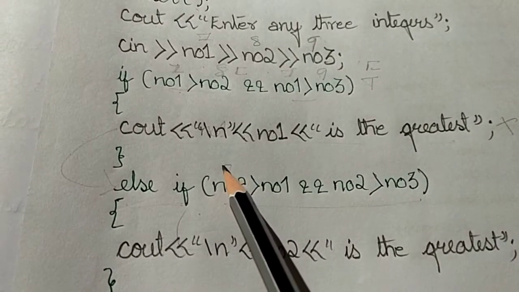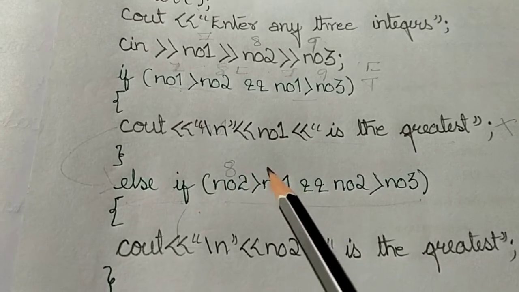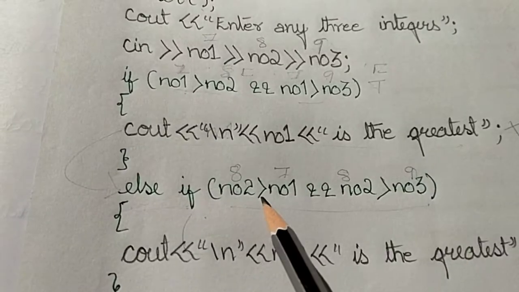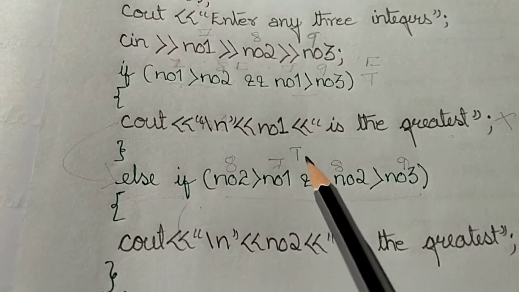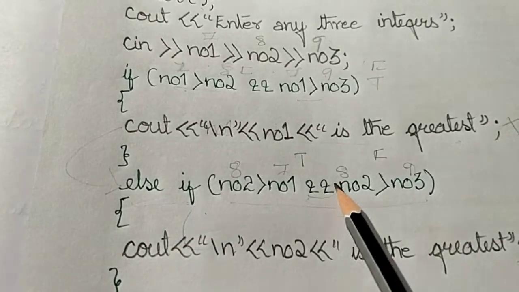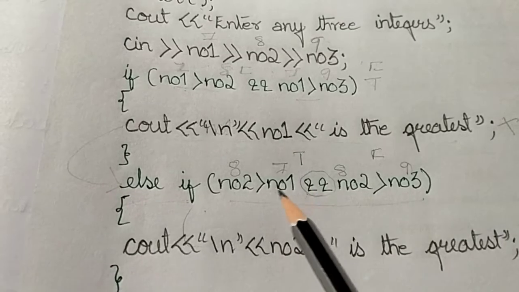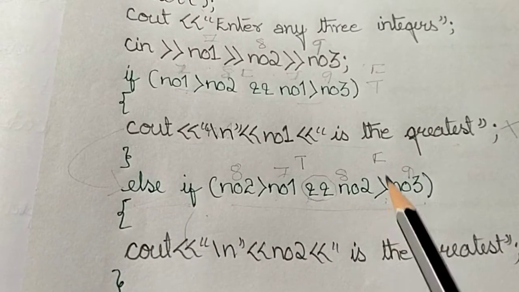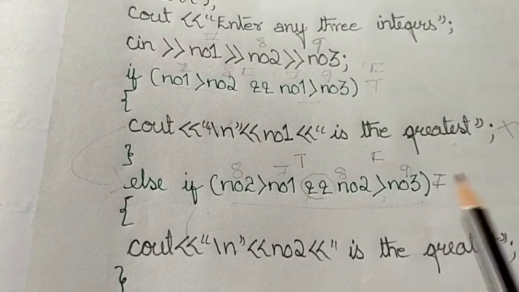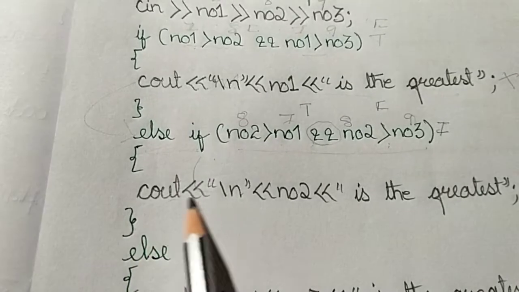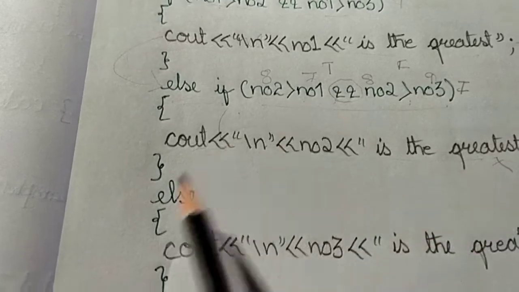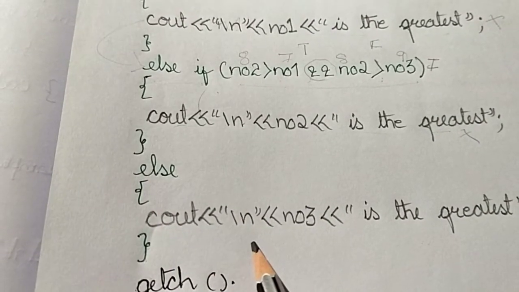I mentioned that number 2 should be greater than number 1 and number 2 should be greater than number 3. So number 2 over here, in this variable I have 8; 7, 8 and then 9. 8 is greater than 7, it is true. 8 is greater than 9, it is false. But because I'm using the AND operator, both the conditions should be true. Because one condition becomes false, this statement is false. So again, this statement will not execute, fine. The execution passes on to the else.